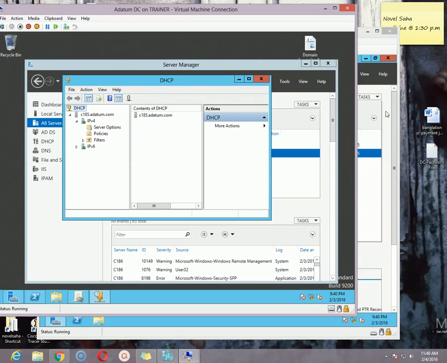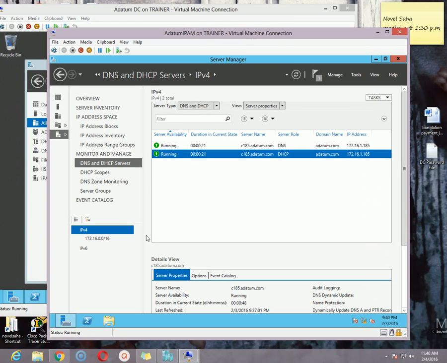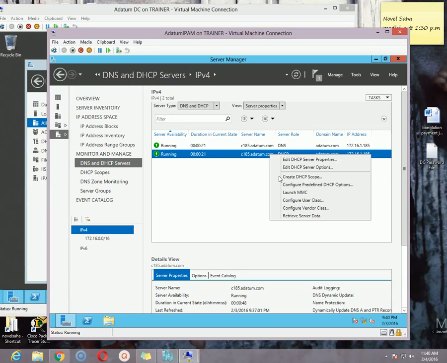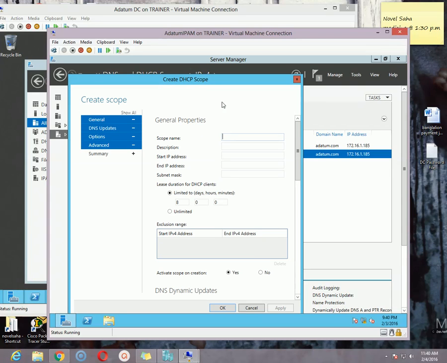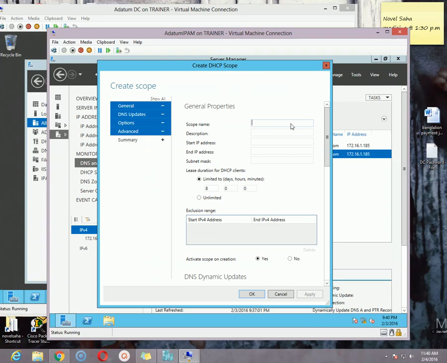Okay, so go to the IPAM server. This is my IPAM server, and from the DNS and DHCP servers option, right click the DHCP option and click create DHCP scope. Here specify the scope name. So maybe it is R26 IPAM scope,